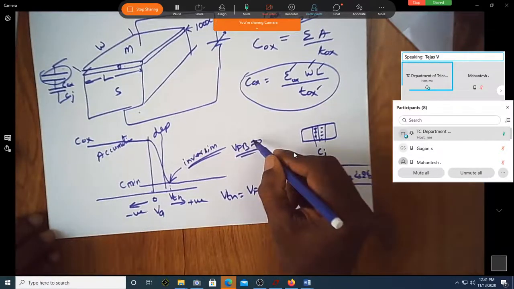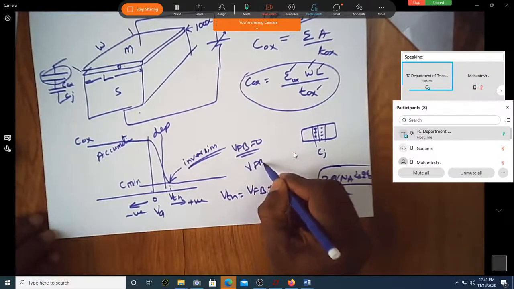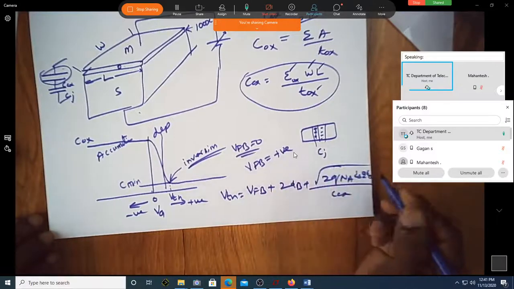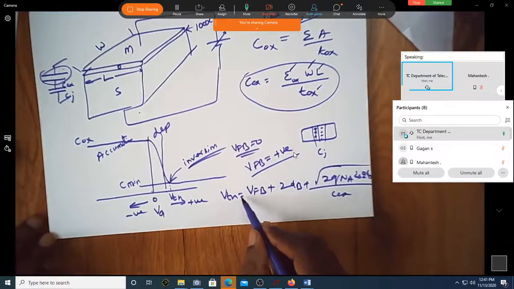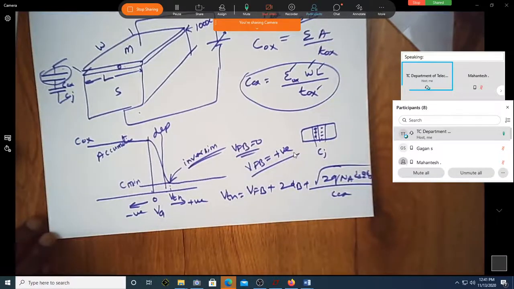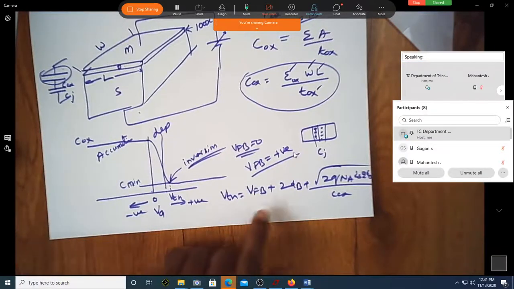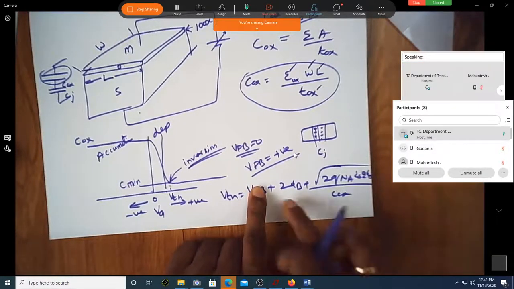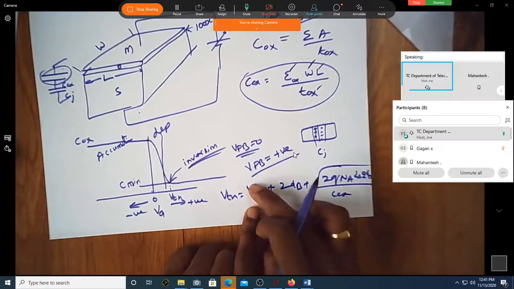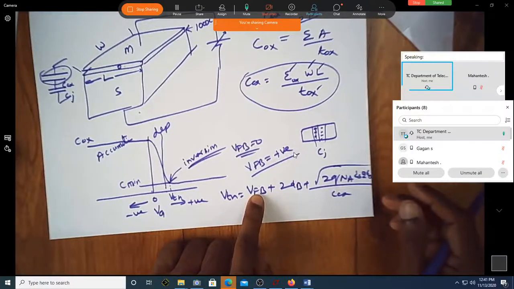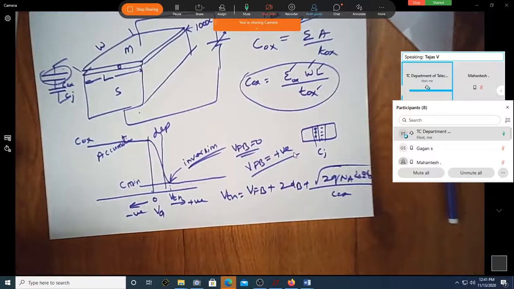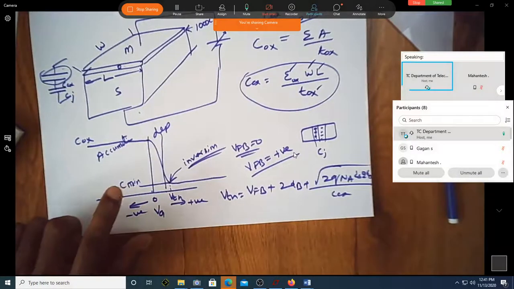Suppose assume that this VFB is positive. If VFB is positive, does it mean that the threshold voltage will increase? You see here, when this was 0, you had some X voltage. When this becomes positive, does that X become slightly more than X? In such case, let us see what happens to the CV characteristics.